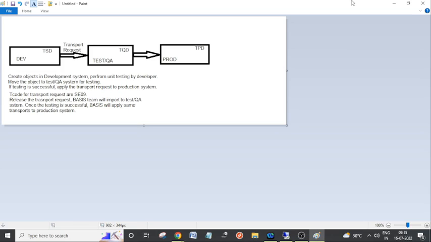What few people will do, they'll create a new transport request for each object. For example, if there are 4 objects involved in this development, 2 data dictionary structures and 1 main program and 2 include programs and 1 class method. Total 4, right? Few people used to create 4 transport requests for each one. That is not recommended. Okay, you should use the same transport request number for all this development, because the development